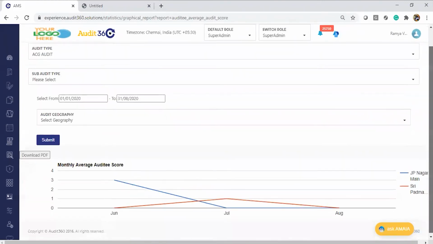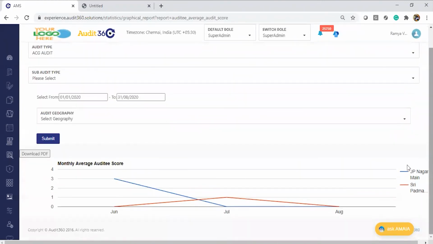So if you see here, there are two auditees for which we have done audits, which are JP Nagar and Sri Padmanabha. Between them, we are seeing the performance of their scores. Sri Padmanabha was very low. There was a 0 score, and then they moved to a 1-2 score.